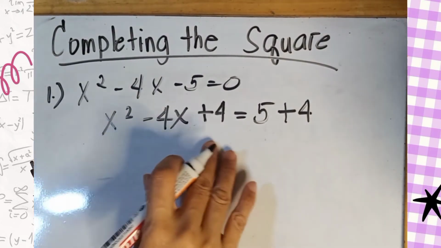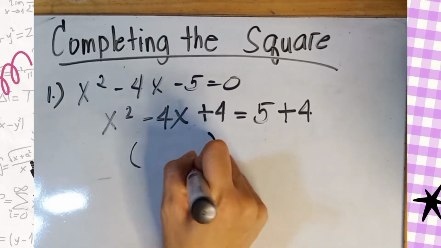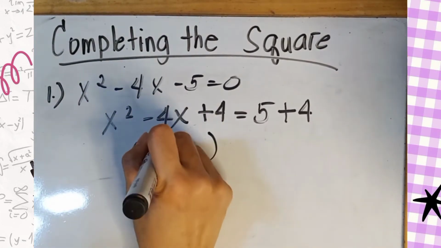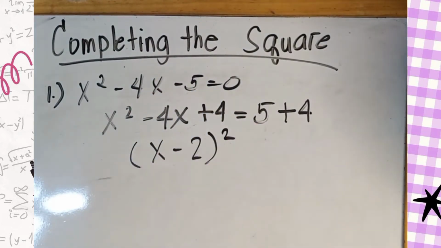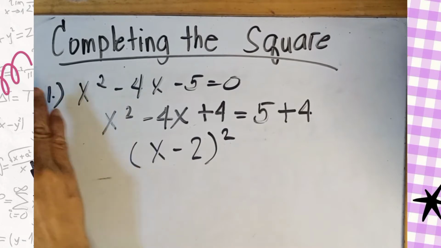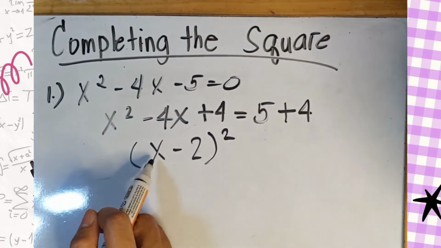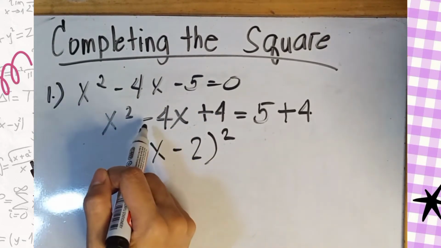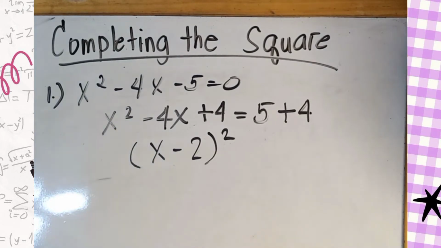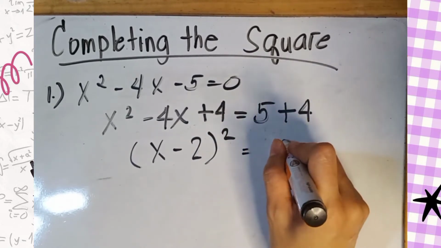Okay. So, we have now here a perfect square trinomial. Pwede natin siyang i-rewrite as x minus 2 squared. Okay? So, simply, square root the first term. Square root of x squared, that is x, and the square root of 4 is 2, and then just copy the sign of the middle term, which is negative 2, and then squared is equal to 5 plus 4,